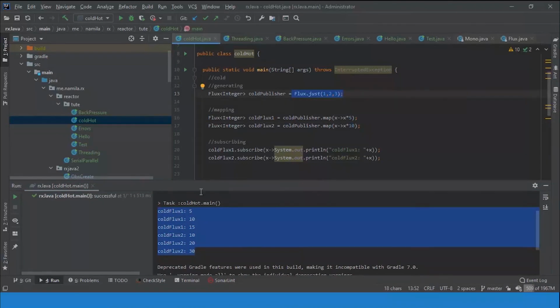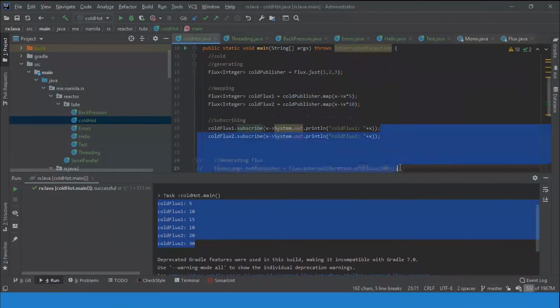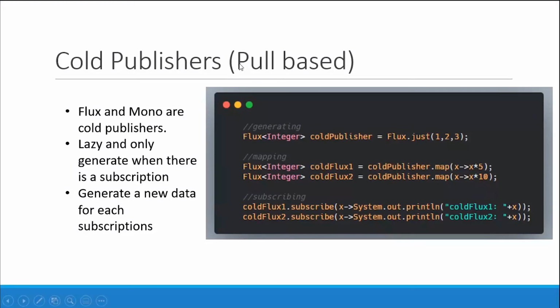That's the key point of this cold publisher. There should be a subscription, and if we have many subscriptions, all the subscriptions get all the data emitted from the main source publisher. That's the key point of cold publishers. It's called pull based because the subscriber pulls data from the source operator. That's why it's called pull based.